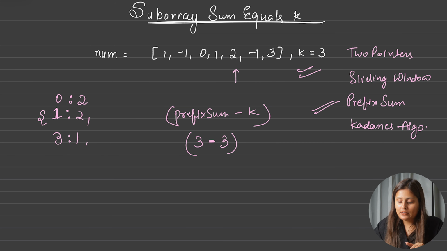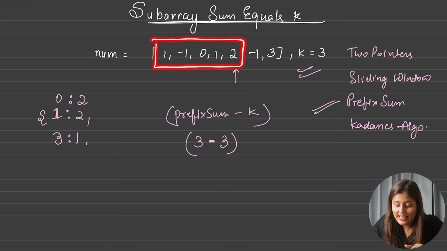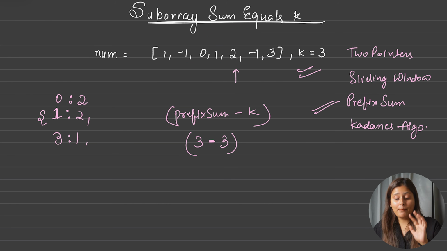So if you see 3 minus 3 is 0, which means inside the hash map we have 2 frequency, means it indicates that we have 2 such subarrays which have 3 summation. And if you see here from starting I have this one and second one is this, and it is the correct information. So hence inside the map we don't have to look for this prefix sum. No, we have to look for this prefix sum minus k.